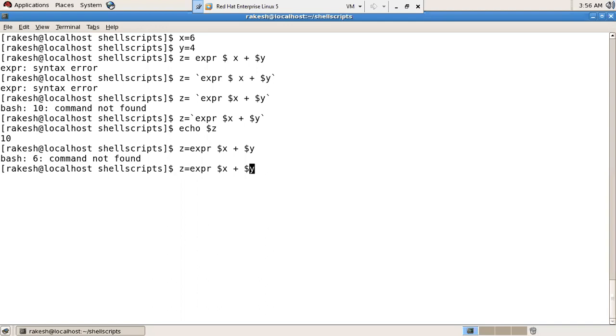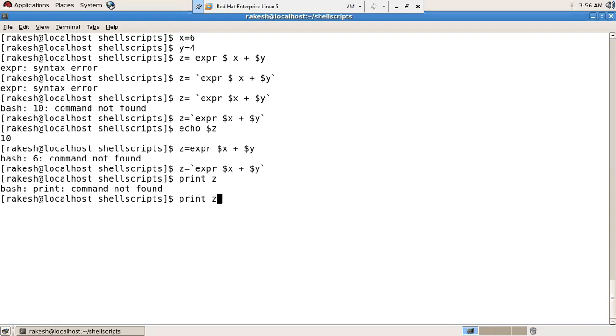It doesn't work. Okay, you need to enclose it with the quote. Then display. Okay. That is how EXPR will work.